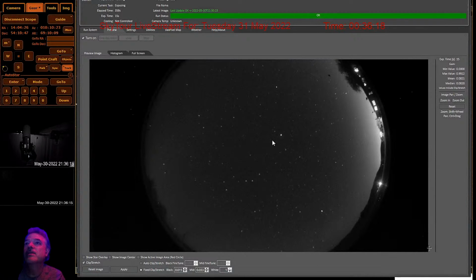What it means is they'll be like on a line to this point right here. So they could be right here. It could be a streak right here. It could be a streak right there, a streak right here, or right there. I mean, anywhere. But the radiant, the point they'll seem to be coming from, is right about here, and that's what's important for the meteor showers. All right,